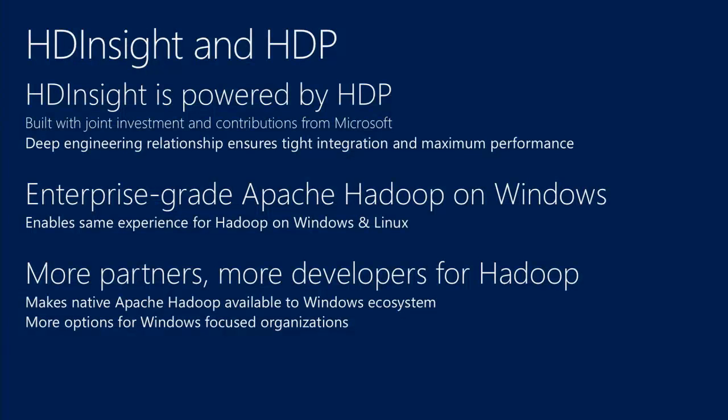HDP, the Hortonworks Data Platform, is the set of open source Apache Hadoop components that come together to create the Hadoop platform. And we worked on that together with Microsoft. It's what powers HDInsight. And what that does is it gives the Windows community the ability to use the same Hadoop distribution, the same Hadoop power and functionality that the web companies, eBay, Yahoo, and Google, were all using. And it brings it to the entire set of Windows system administrators and developers. It really expands the ecosystem. So now you, as a .NET developer or somebody who uses System Center, can deploy and use and manage the Hadoop stack of applications on Windows Server.